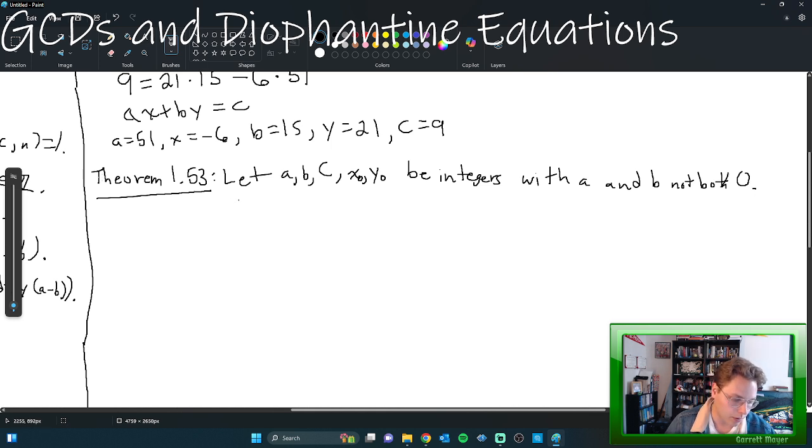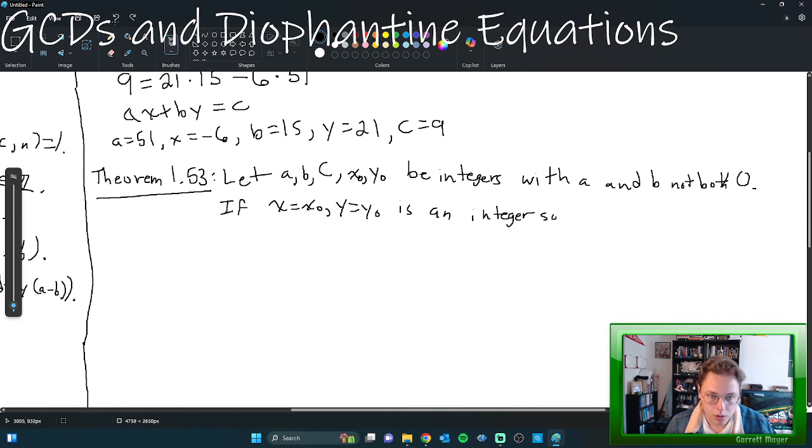The first part that we're going to prove is that if x equals x naught and y equals y naught is an integer solution to ax plus by equals c, then